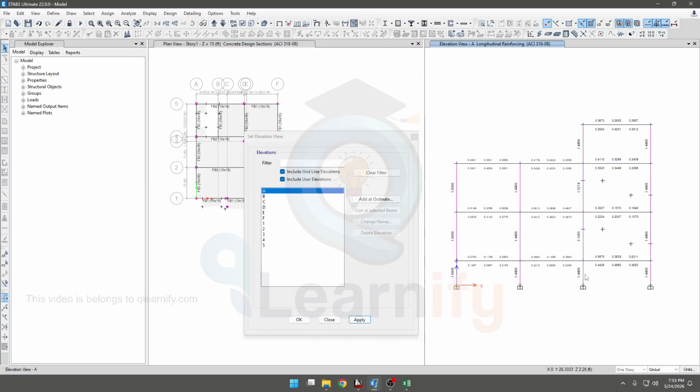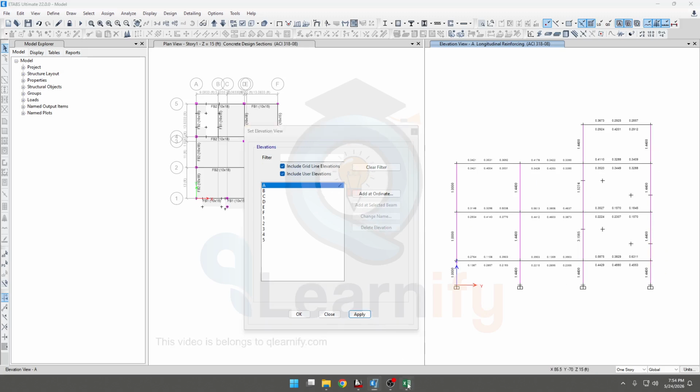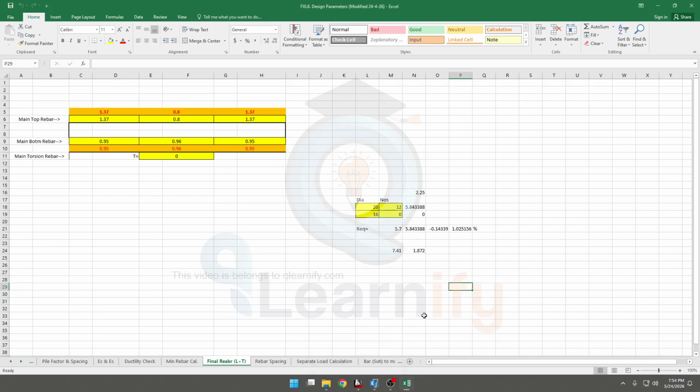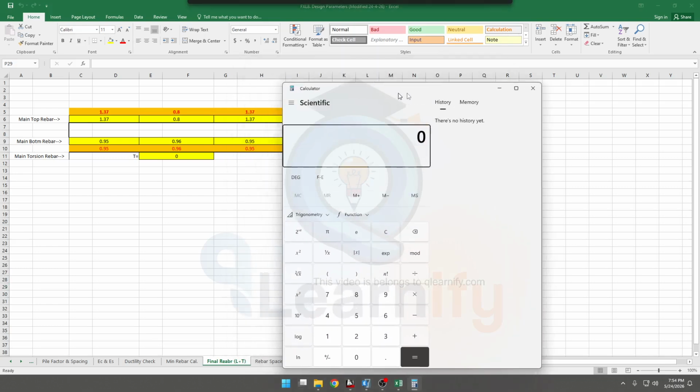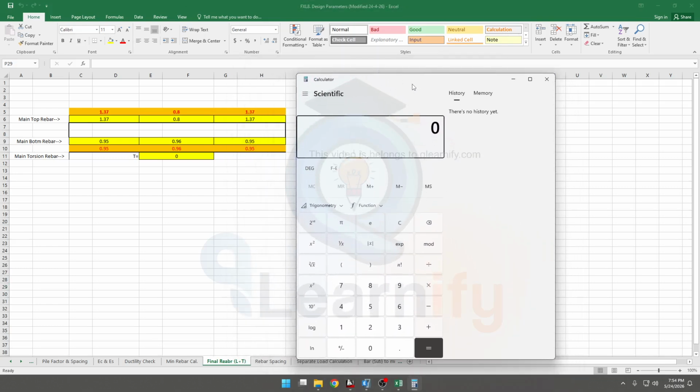Here you can see for this column 1%, and for this column it's 1%, and 1.44 inches square. Here also 1.44 inches square. That means 1% reinforcement. As this is a small structure,